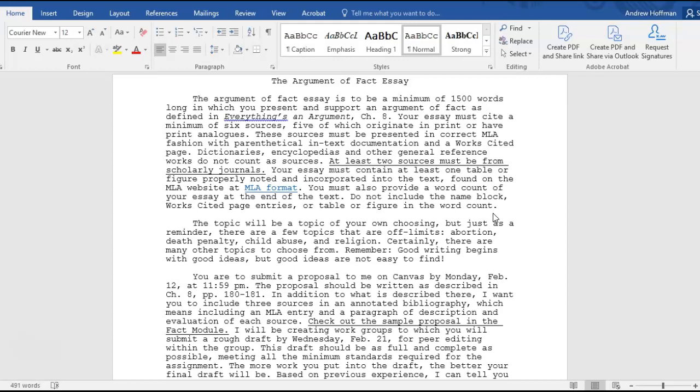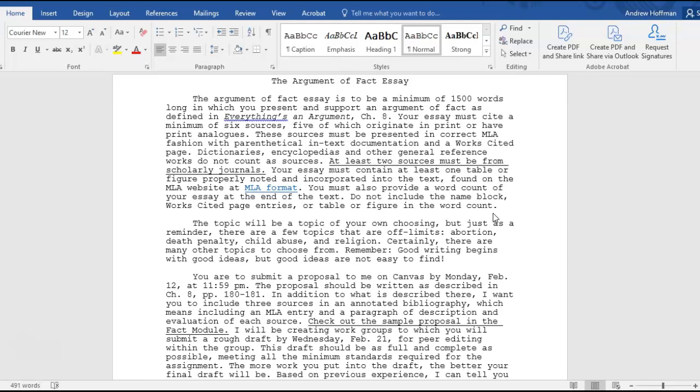Now, we don't just give an assignment and then expect a perfect final draft. We do a few steps in between, okay? Kind of make it better this way. So the first step is to write a proposal to me. You are to submit a proposal to me on Canvas by Monday, February the 12th, 11:59 p.m. Okay? So you have a little bit of time here. Now, the point of giving you all this time is, of course, to help you try to find a good topic and develop your proposal of that topic.